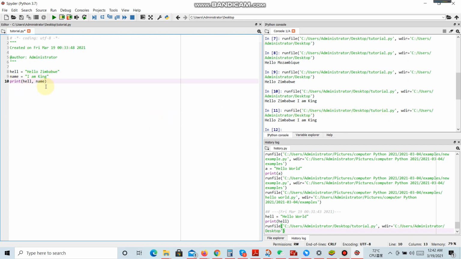Now you can decide to separate this. By default, it is separated by a space. I can decide not to separate it. I can decide for them to be together. I'll just add, should I call it a function or what? I'll just add